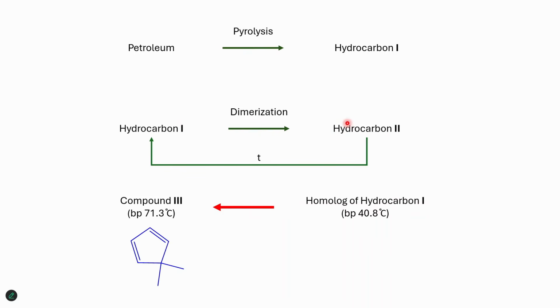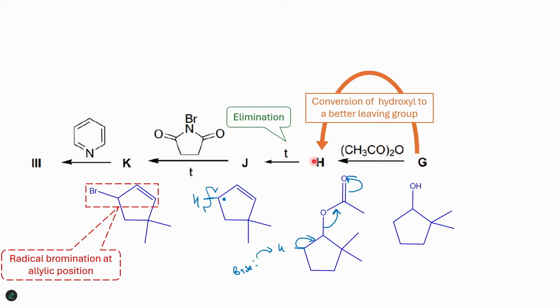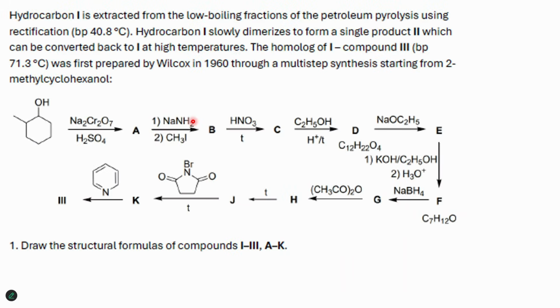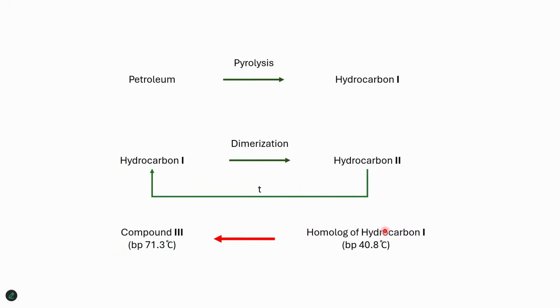And actually this is the only thing you need, because if you go back here, we have the original problem from the previous slide that we showed last time, and here we have compound 3. We got it through the synthesis, and there is no other piece of information for us to find the structures for 1 and 2. It's only this part, and we have converted this part into a diagram form,